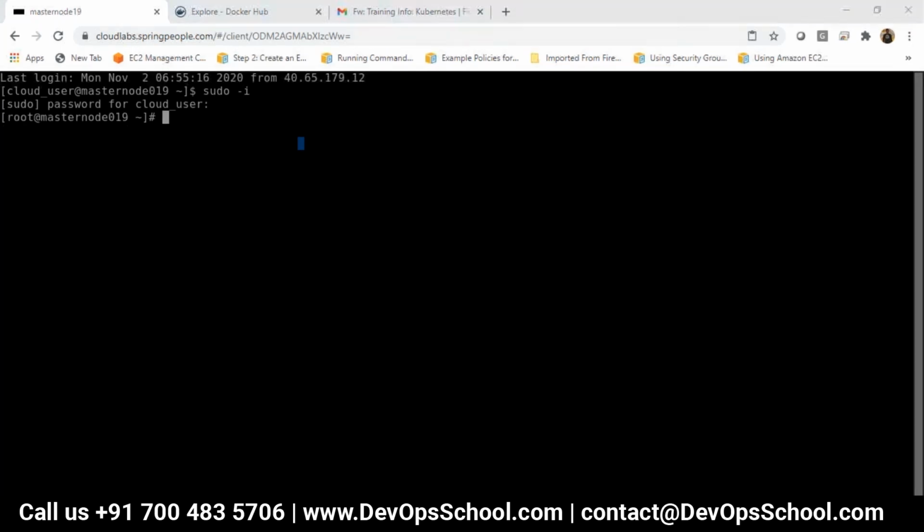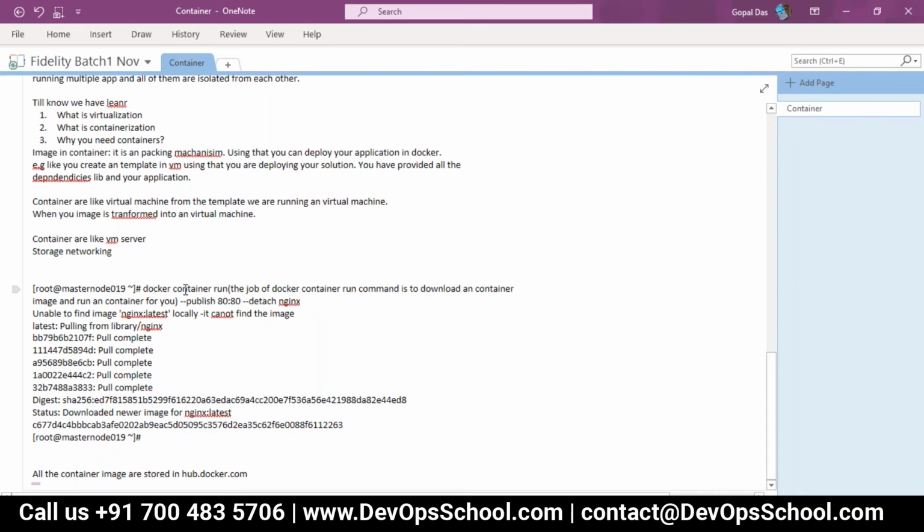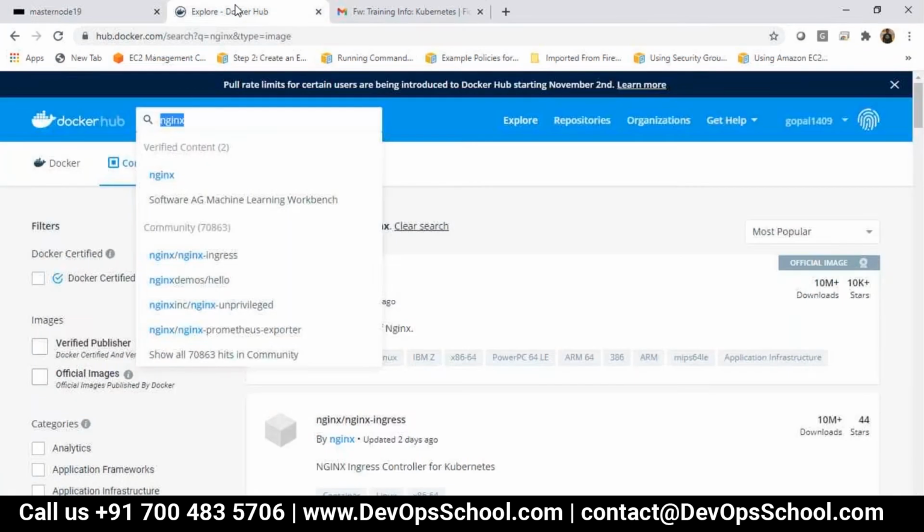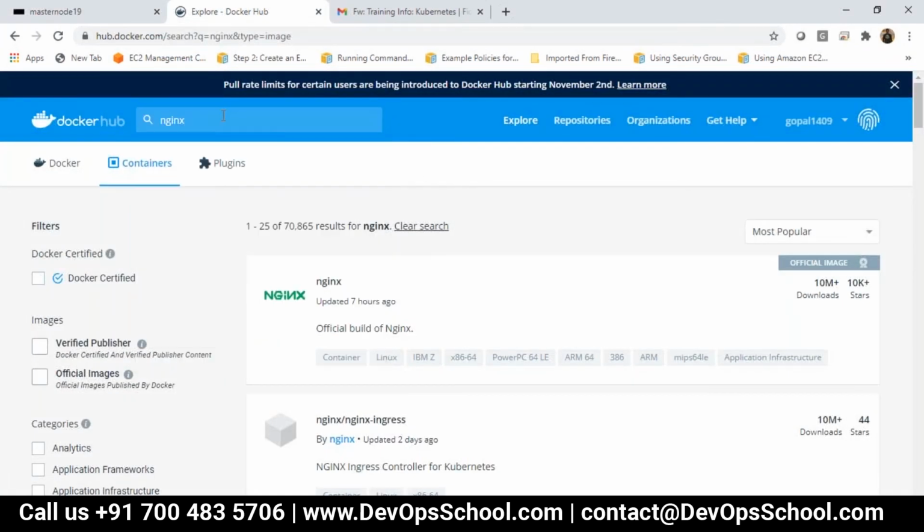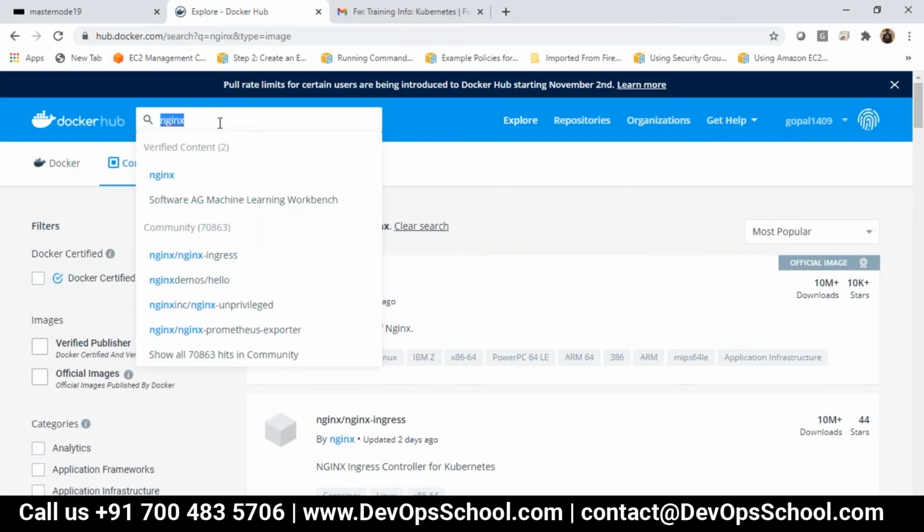Okay. So the docker container run command. The job of the docker container run command is to always run a container for you. But to run a container, first it says unable to find image locally, then it has to download the image for you from a registry called hub.docker.com. So most of the images